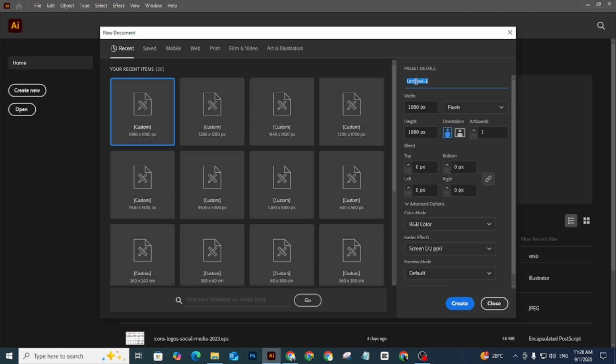First of all, write the name of the banner, Instagram post, whatever, and size 1080 by 1080, height and width. And here you select multiple options for size: pixel, inch, feet, yard, millimeters, centimeters, meters, and RGB used